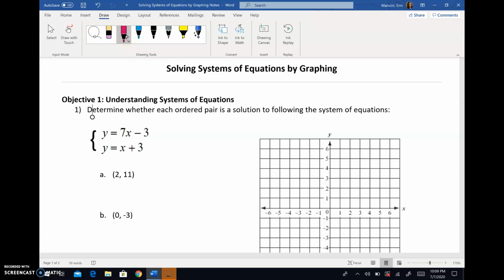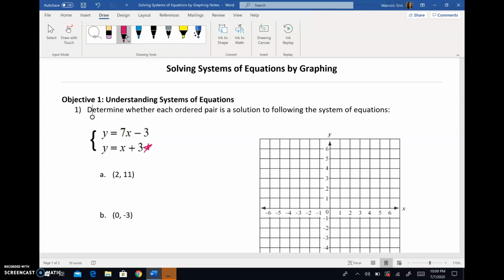Okay. And solving a system of equations is not that different than solving equations before. Like, let's say you had 3x equals 9. Well, you divide both sides by 3 and you get x equals 3. And when you plug 3 back in here, 3 times 3 equals 9, you get a true statement. The difference between this equation and a system is you want values that work for both equations,